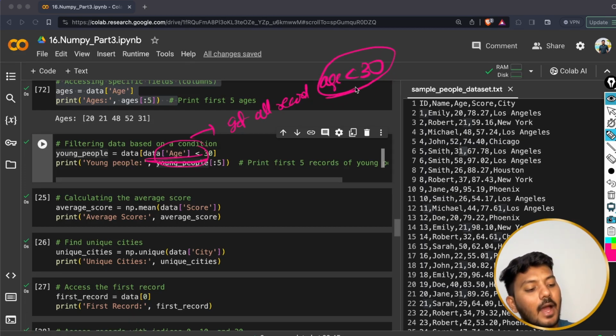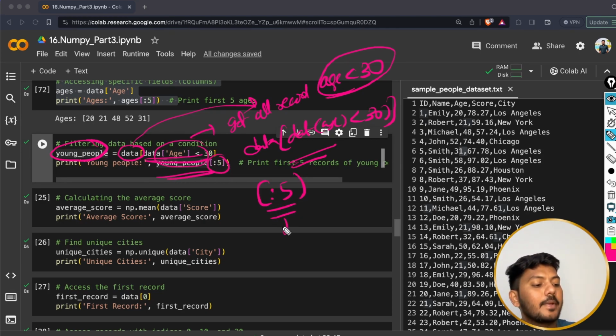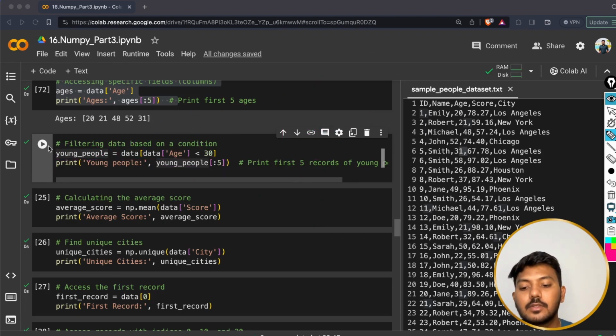And I'm getting the records by applying this filter. So data of age less than 30, right? And I'm storing it inside young people, and then I'm saying young people of 5. That means get me the top 5. Hopefully that is clear. And if I execute this,